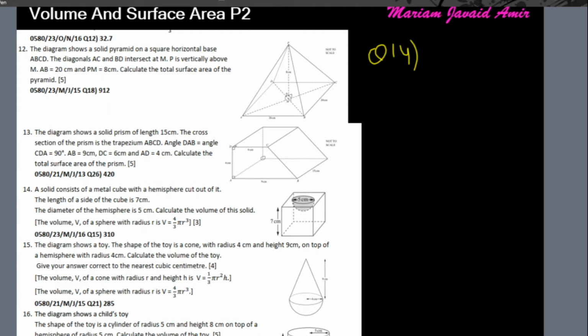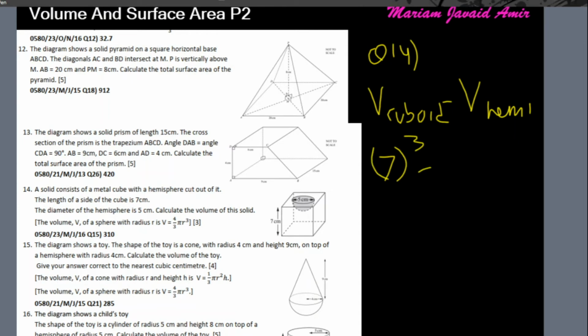which says a solid consists of a metal cube with a hemisphere cut out of it. The length of the side of the cube is 7. The diameter of the hemisphere is 5. Calculate the volume of the solid. So volume of the solid will be volume of cuboid minus volume of hemisphere. So volume of cuboid will be 7 cube, length times length times length, minus volume of